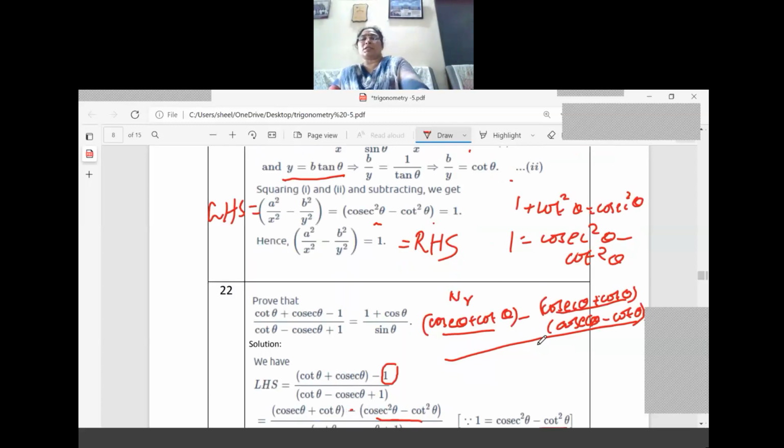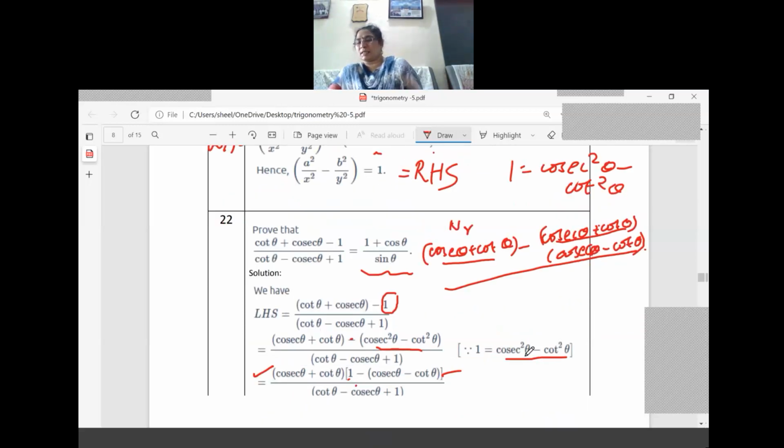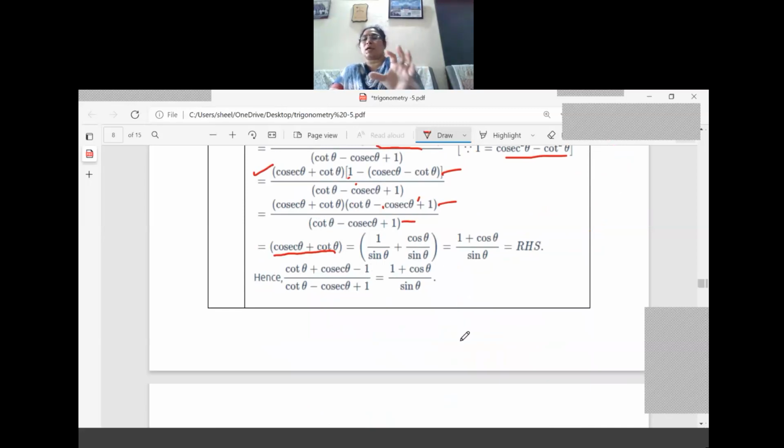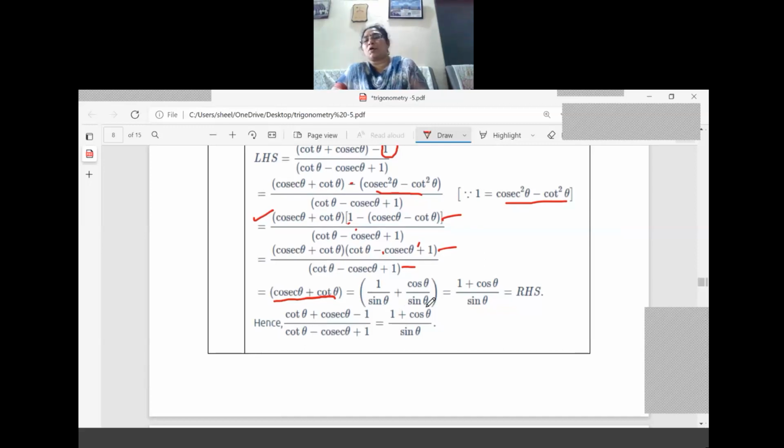Again, it is not finished. If you go for the RHS, what do we have? 1 plus cos theta by sin theta only. So again, cosec and cot as it is we are keeping. It is not the final answer. So what should we do? Cosec theta can be written as 1 by sin theta and cot theta can be written as cos theta by sin theta. What is 1 by sin theta? That is cosec only, isn't it? Now, cot we have expressed. Now, see again the RHS denominator should be sin theta. What is the denominator part? We got sin only. So we can write like this only. So 1 by sin theta is common. So we can add the numerator, 1 plus cos theta divided by sin theta, which is equal to RHS, right?